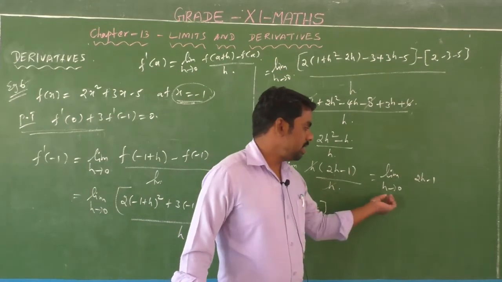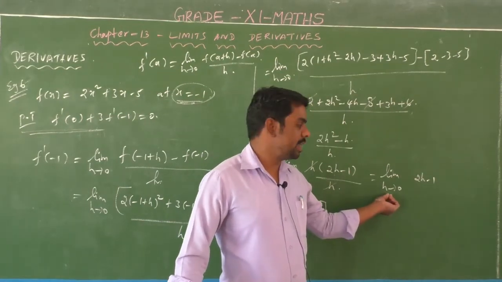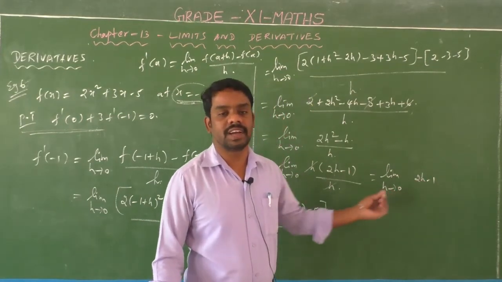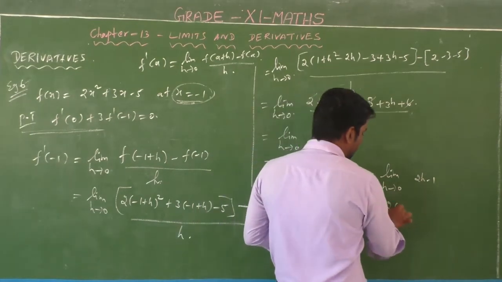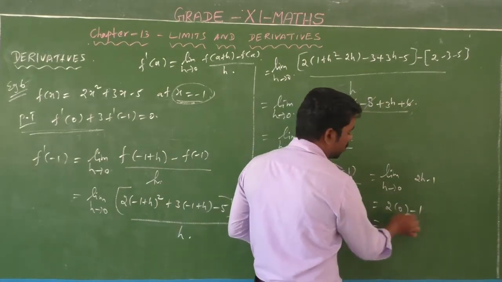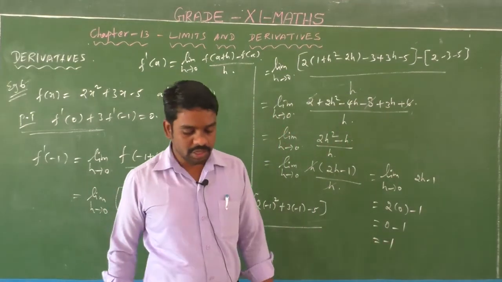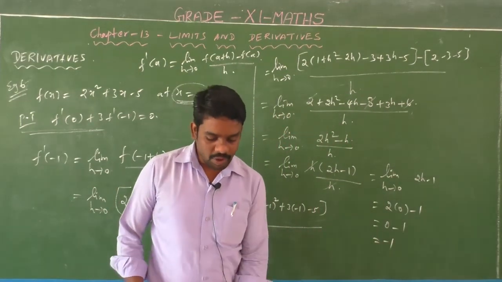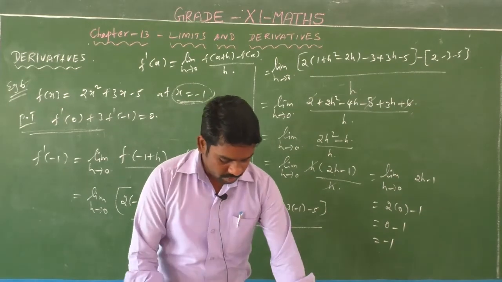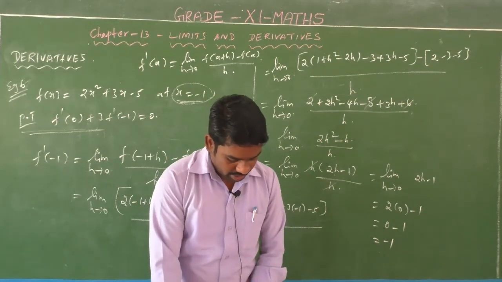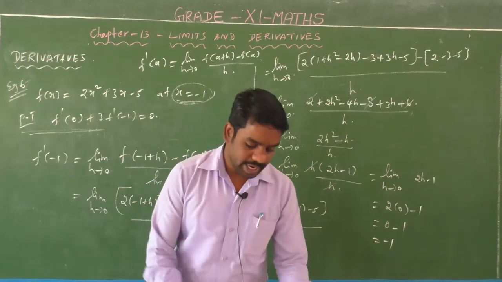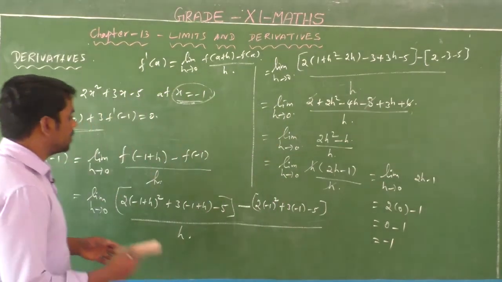If h tends to 0, that means h equals 0. Substitute this value of h: 2 into 0 minus 1 is equal to 0 minus 1, which equals minus 1. So the value of f dash of minus 1 is equal to minus 1. Okay, right. Next,